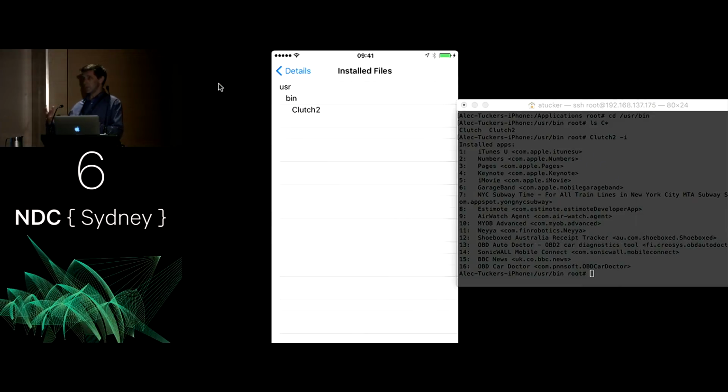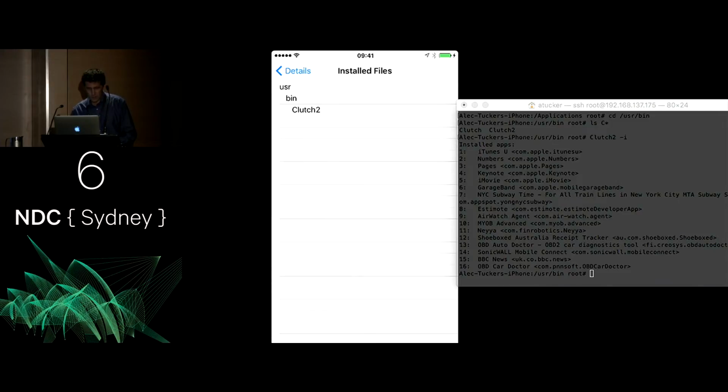But just to recap those steps so far, it was jailbroken phone, open SSH on the phone, SSH into it, Clutch installed on the phone to decrypt the app, CyberDuck or your tool of choice or command line to get that IPA file off the device onto the Mac, rename it, take a look inside it, and then start digging around.